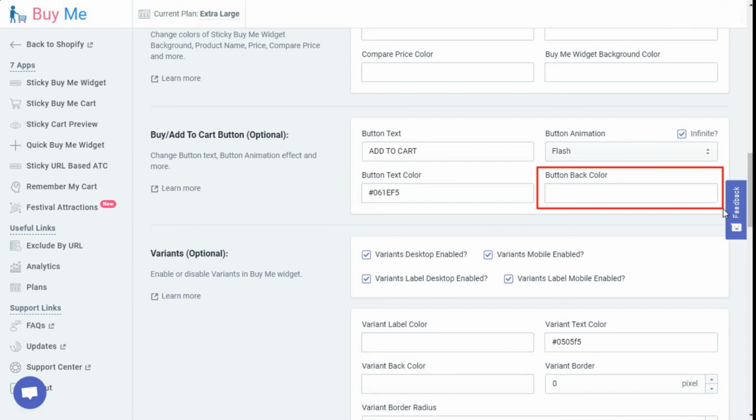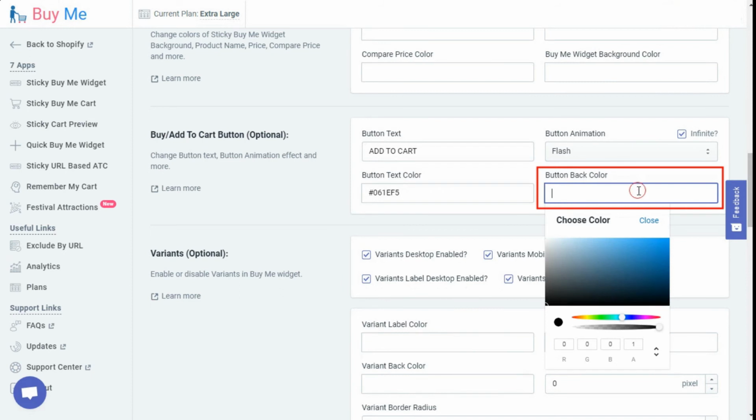Here you can select the color from the color picker which appears when you click on the box. Or you can write the color code in 3 formats. The first one is you can write the color code in RGBA format. Here you can specify the color code with 4 values with comma separation in the small brackets. Here the value should be between 0 to 255.